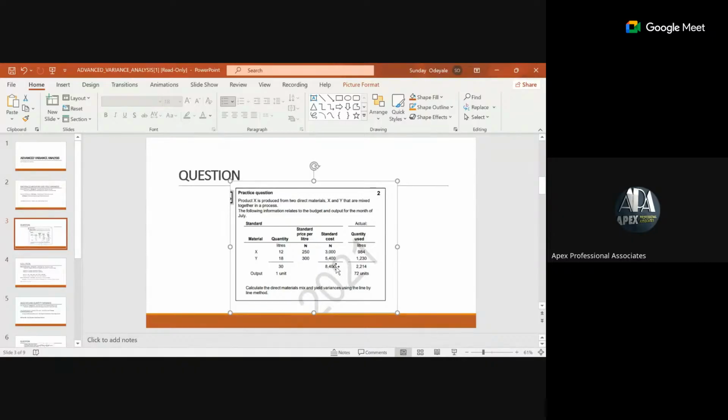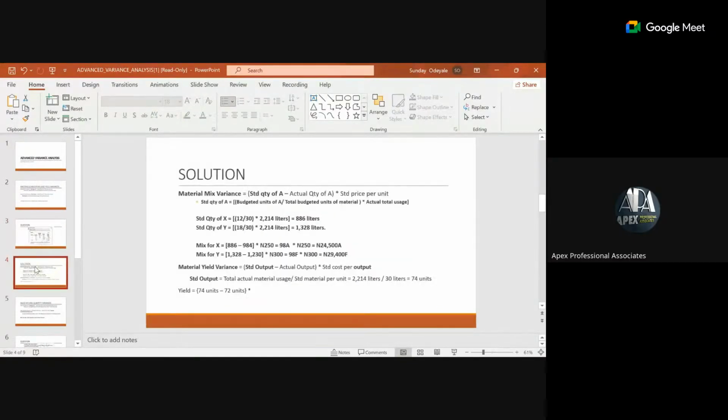So assuming this is 10 units at this output, just know that you have to divide this 8,400 by 10. That's just assuming you have 10 units here. But since it's 8,400 divided by 1, you still get